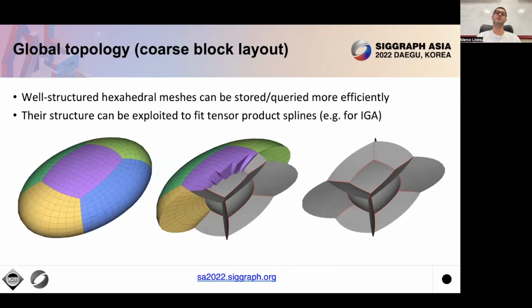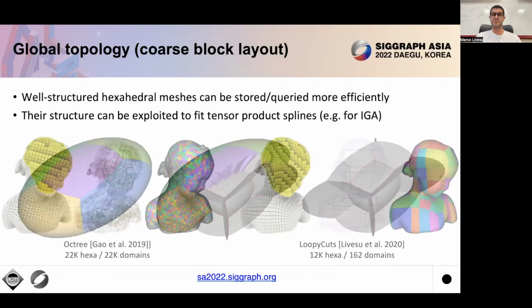Not only the local, but also the global topology, or what we call the coarse block layout or coarse block decomposition of the mesh, is very important, mainly for 2 reasons. First of all, well-structured hexahedral meshes can be stored and queried more efficiently because we can take advantage of the fact that in most of the places, the mesh looks like a regular grid, and so we can efficiently encode the adjacencies and the way we compute quantities because of this kind of standard regular connectivity. And the second reason is that these structures are actually useful for methods like isogeometric analysis, because in every single domain, we can fit a tensor product spline basis,